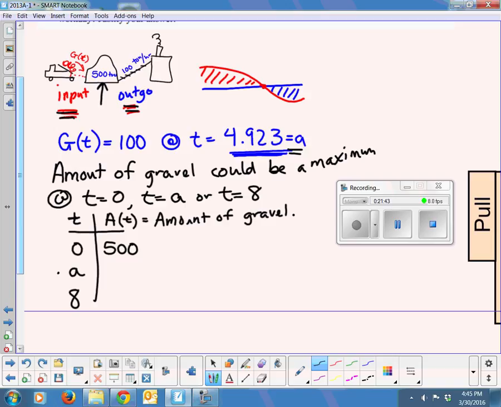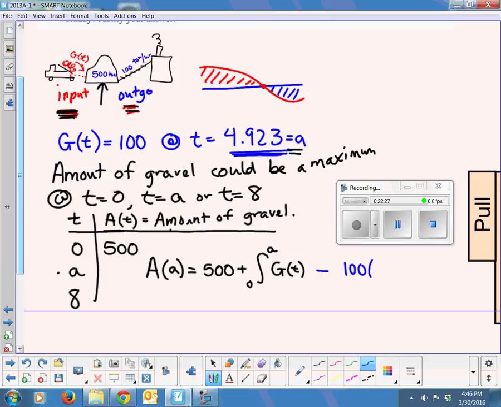So I'm going to say the amount of gravel at time a. And I notice I just made up this new amount of gravel function, but I did define it up here, so I can now use it. The amount of gravel at time a is going to be how much we started with, 500, plus how much came in. Well, the input would be the integral from 0 to a of our g of t function. That's our input function. Minus the output, and the output would be 100 tons per hour times the number of hours,